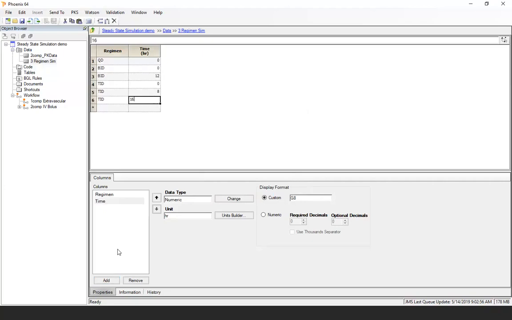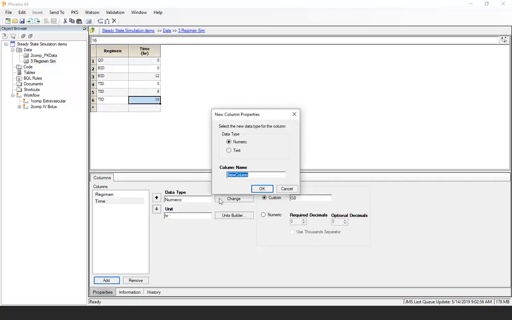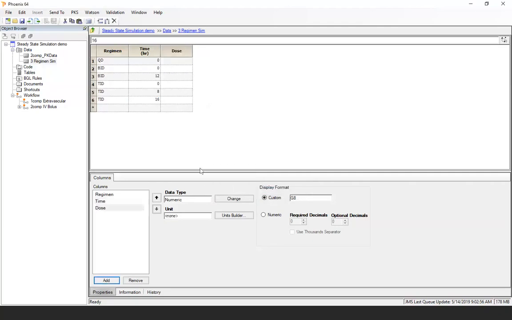And at this point, I'll go ahead and add a dose column. So here we have dose, and I'll set the unit to microgram. For the QD regimen, it will be 6,000 micrograms. BID, 2 administrations of 3,000 microgram each. And then for TID, 2,000